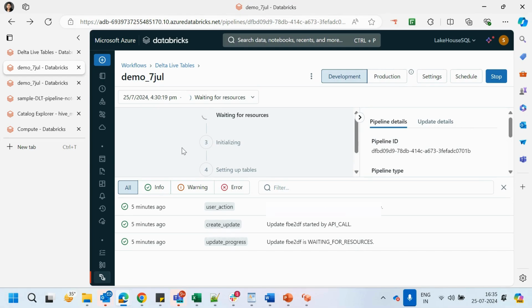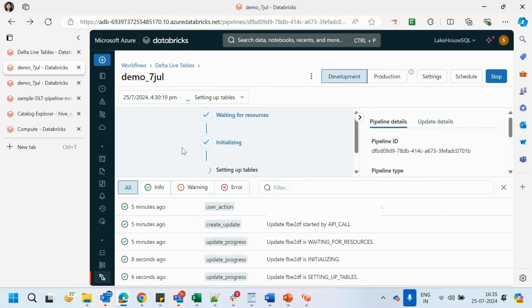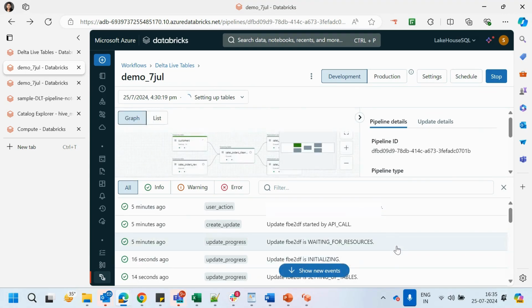Yeah, so most of the automation is already taken care of by these DLTs, right? The data lineage and all those things. So you don't have to take a headache of having to do some further thing, right? So that's why. So if I show you